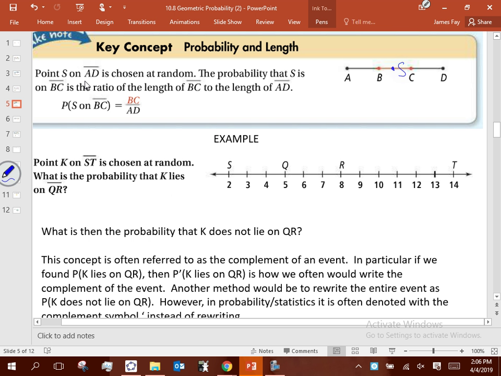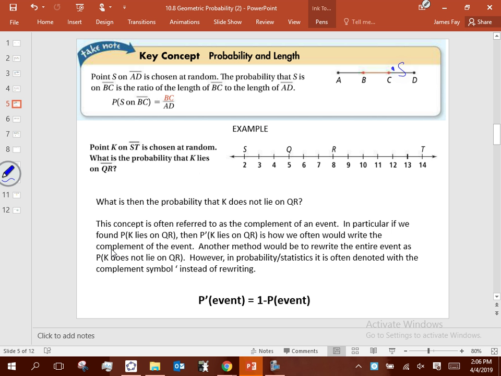And we'll see here a generic question, and then we'll add a little bit of context to it to see how this is actually used maybe in the real world. All right, so when we're looking at this question here, it says point K on ST is chosen at random. What is the probability that K lies on QR? The way I would write this is I'd say P, and then